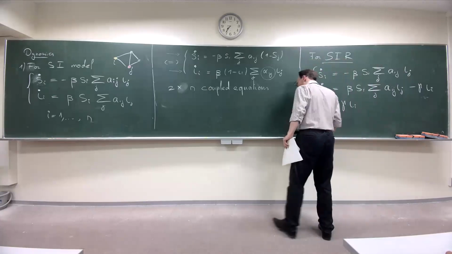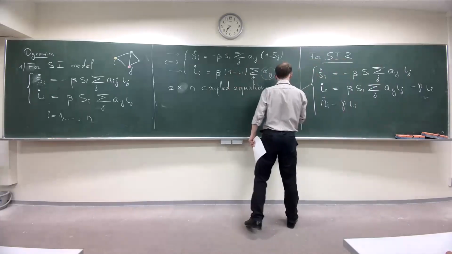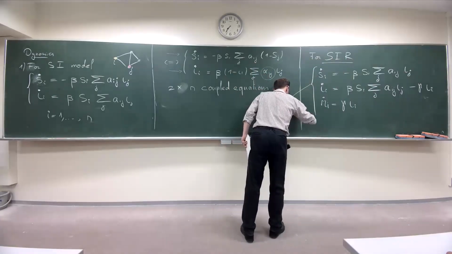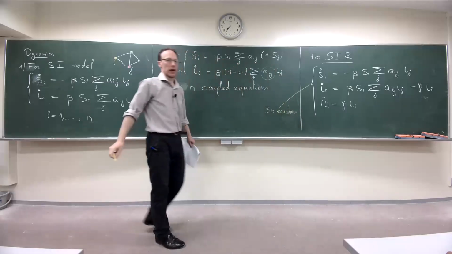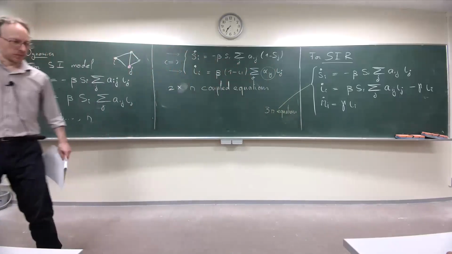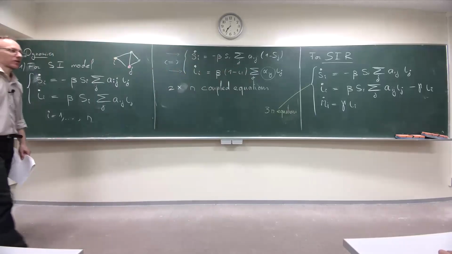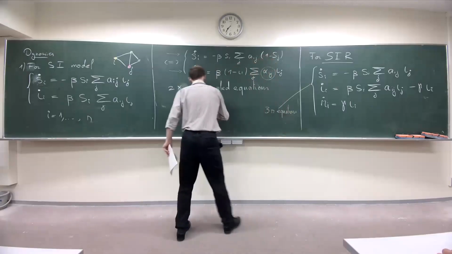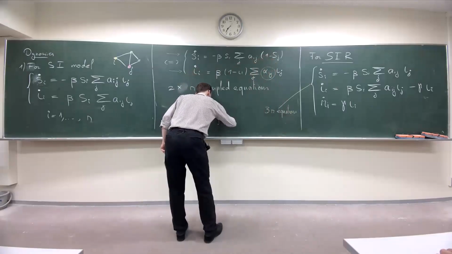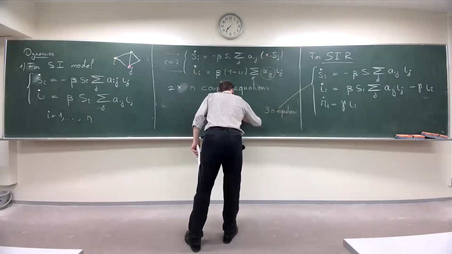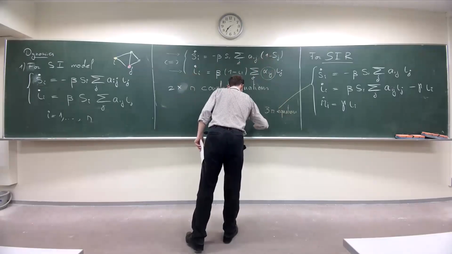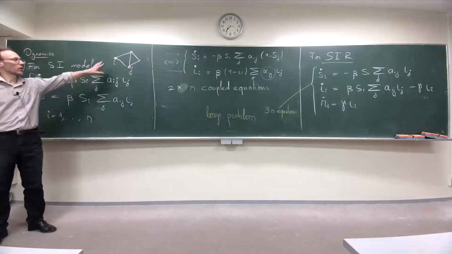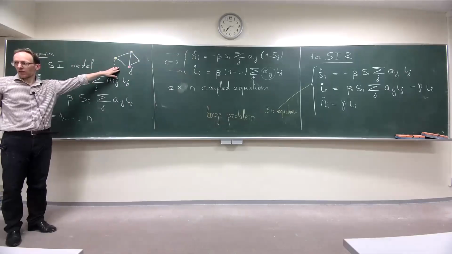So now you have 3n equations. And I don't think you can decouple them. I didn't try. Maybe somebody can try to simplify a little bit, but it's hard. Large problem. Of course, if you take n equal to 3, and it's not completely trivial, or let's take 4, you can see what happens.